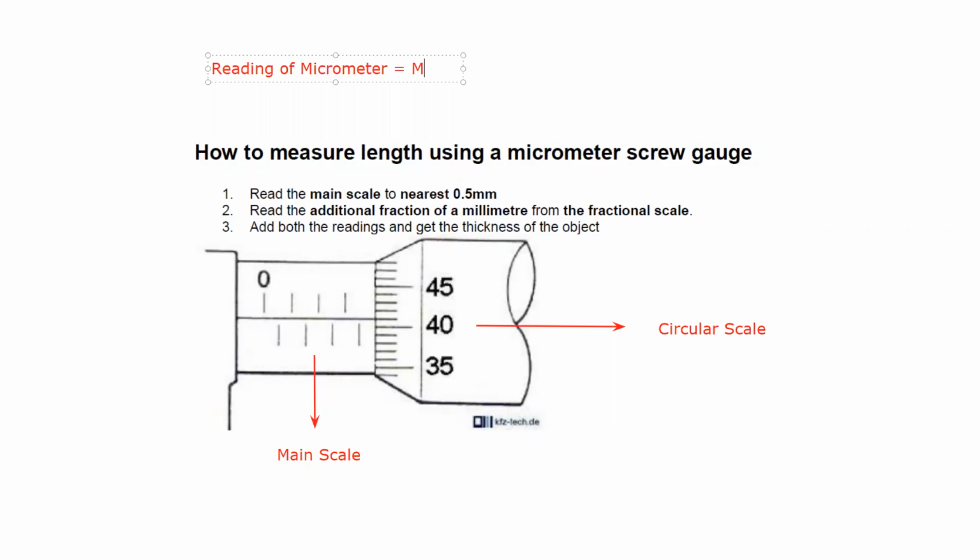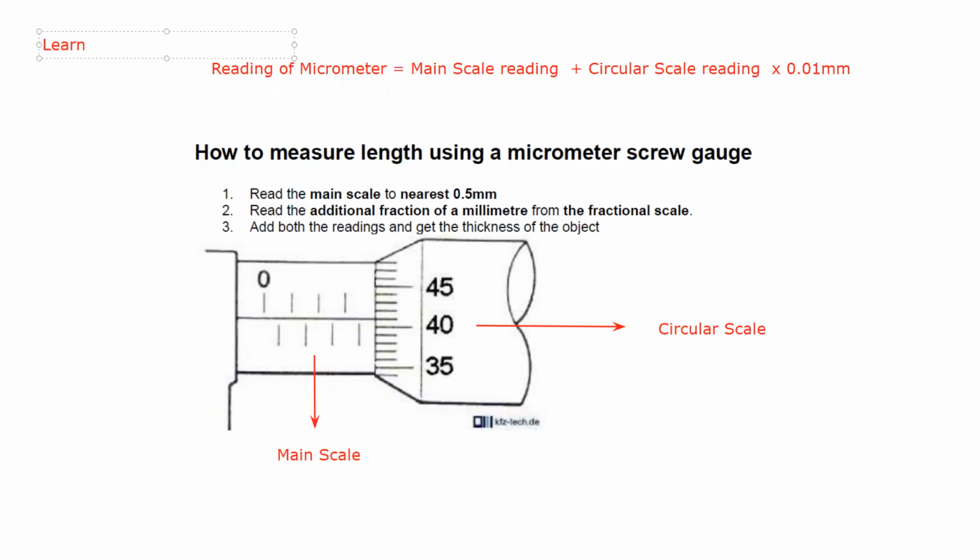Length is equal to the main scale reading plus the circular scale reading multiplied by 0.01. This is the formula. So, multiplied by 0.01 millimeter, that's the smallest value which a micrometer can record. So you have to learn this formula,